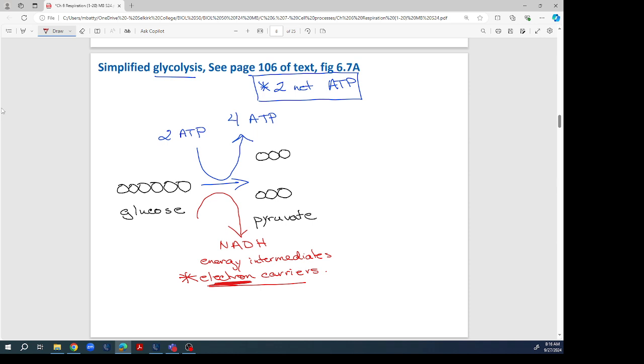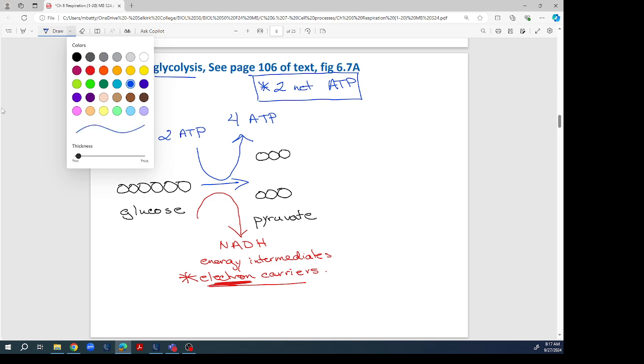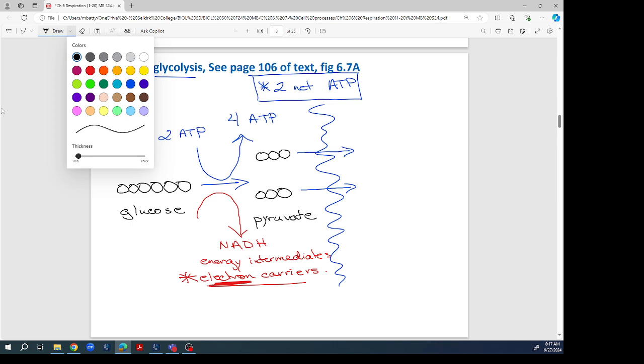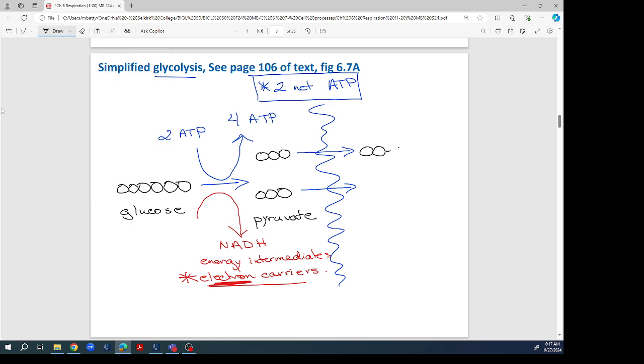So this happens in the cytoplasm. There is no oxygen, haven't talked about oxygen at all yet, and that's the end of glycolysis. On the word slide, the ones before, I had a squiggly line. There is something that happens between glycolysis and before the Krebs cycle. So I'm going to summarize that here. Basically what happens is each one of these pyruvate molecules is going to be converted to a 2-carbon molecule, and it has an attachment that's called a CoA. So this is not pyruvate anymore. This is acetyl